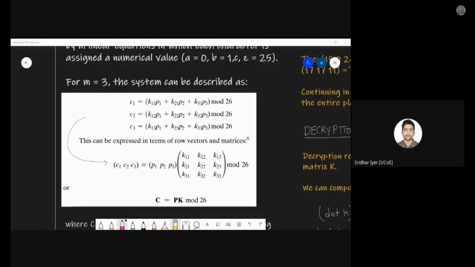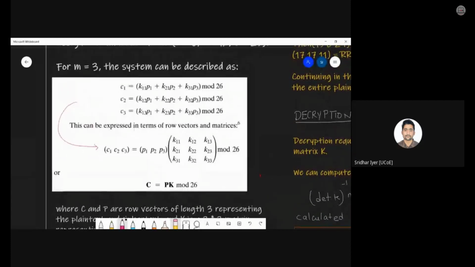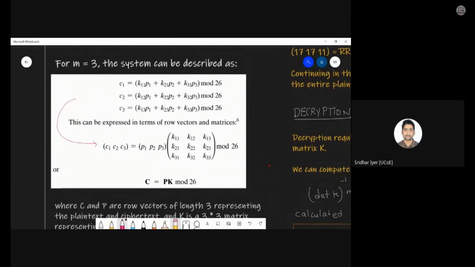So what exactly happens is we can further write it in a more concise fashion as C is equal to P dot K mod 26. Am I clear? Is the diagram clear? Is the expression clear? To be precise, C is equal to P dot K mod 26. So far, it's very simple. There is no issue with it. I will just let you know where is the actual case where you will find some difficulty in solving it. Otherwise, it's very simple. No issues with it.